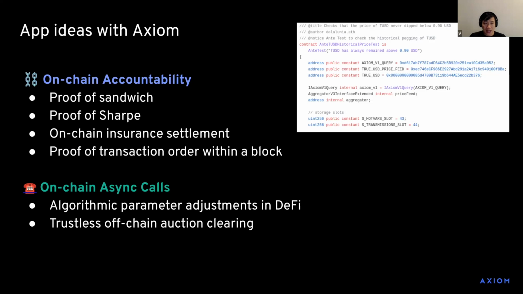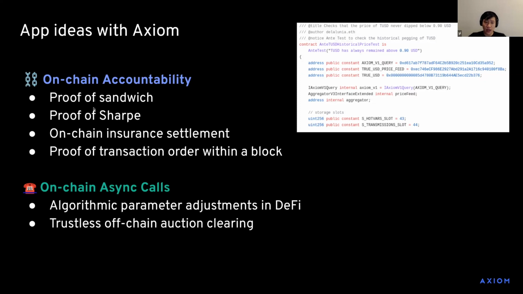Now, there's a couple of wackier ideas I have. There's a general theme that one purpose of on-chain protocols is to provide accountability for their participants. What that means is that your participants are doing something, and the whole point of the protocol is to either punish them or reward them for good or bad behavior. And so if the activity is actually on-chain, then Axiom can provide a very objective measure of whether some activity was good or bad. So a couple examples of this are proving from reading transaction history that a builder executed a sandwich attack,